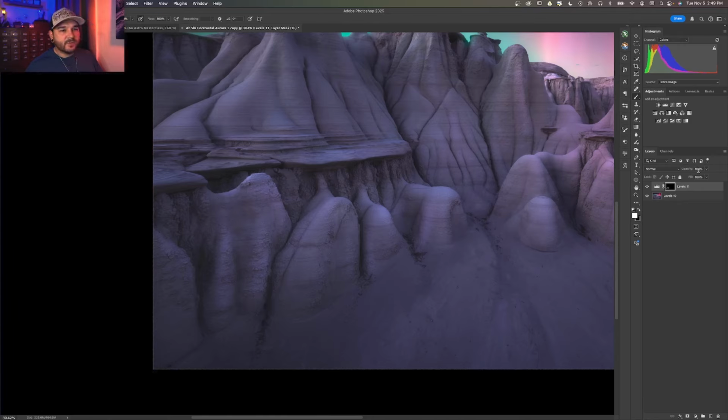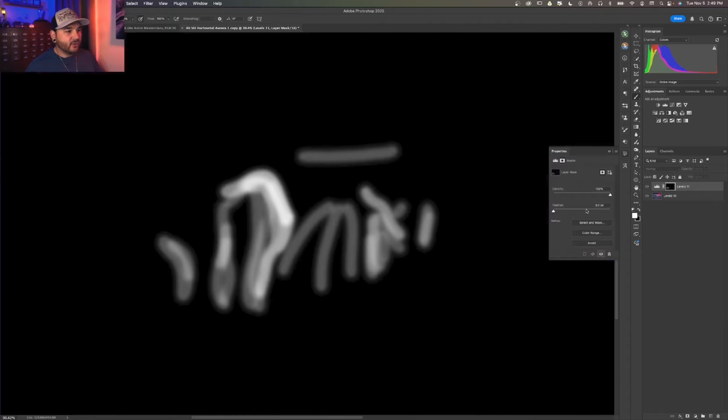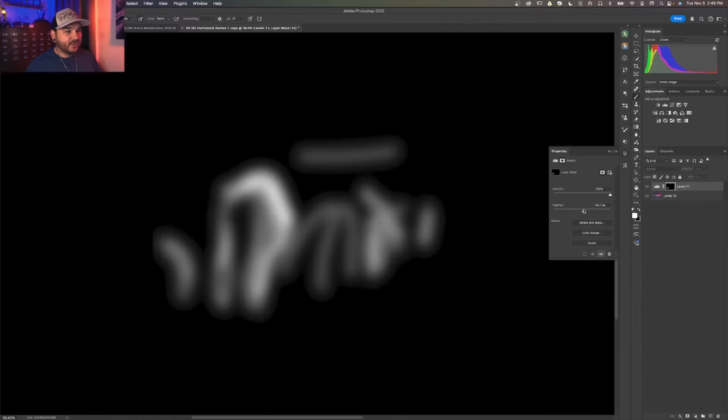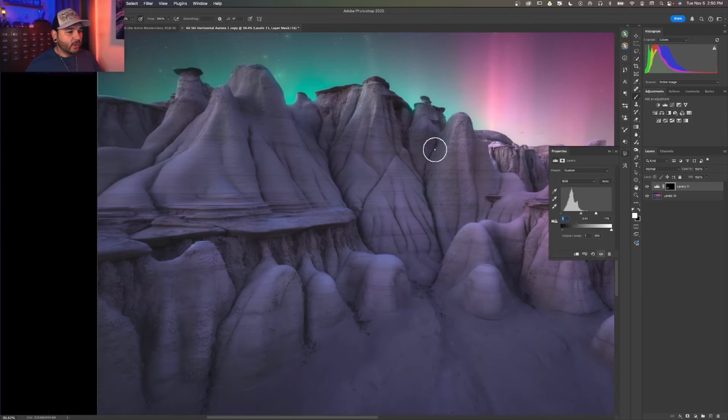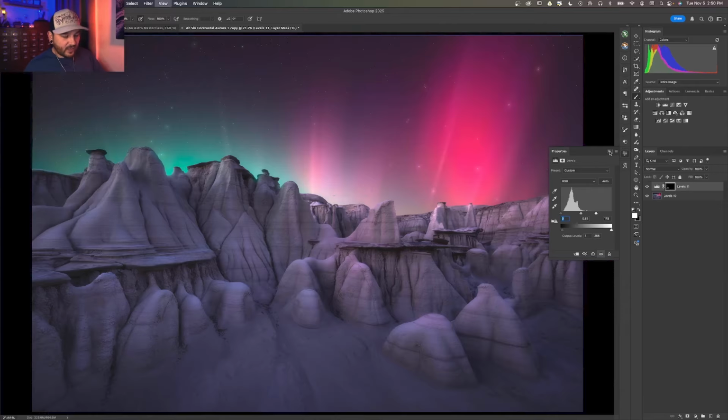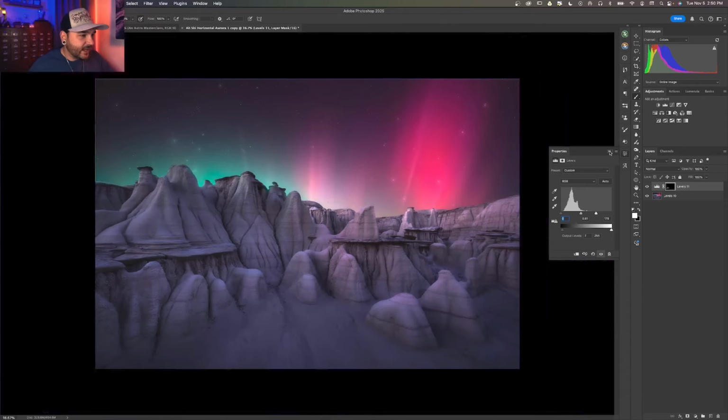You can always back off the opacity. You can adjust the feathering of the layer. So if it's too harsh or your brush wasn't soft enough, just a slight blur or a slight feather to the mask will help break it up a little bit. Or you can always go back into the levels adjustment and play with those sliders. And so that's one way I use these great levels adjustments without any luminosity selections whatsoever to dodge and